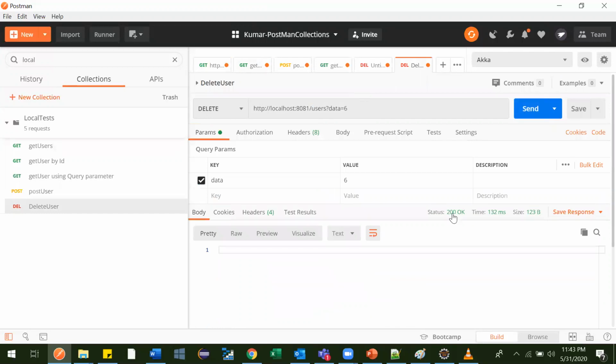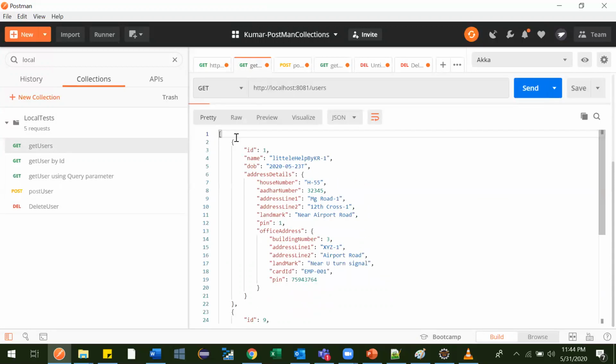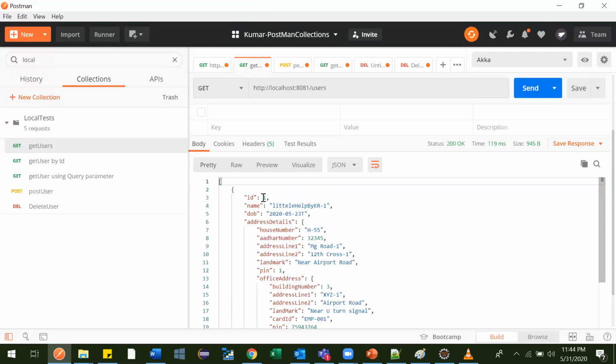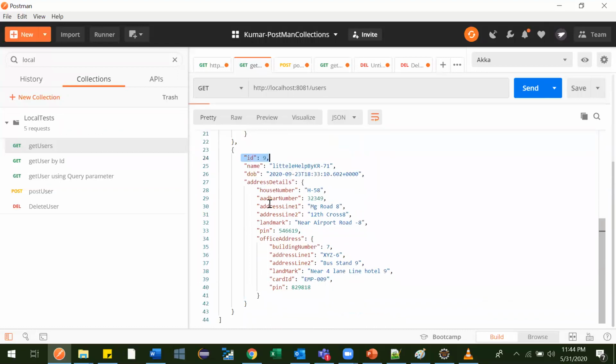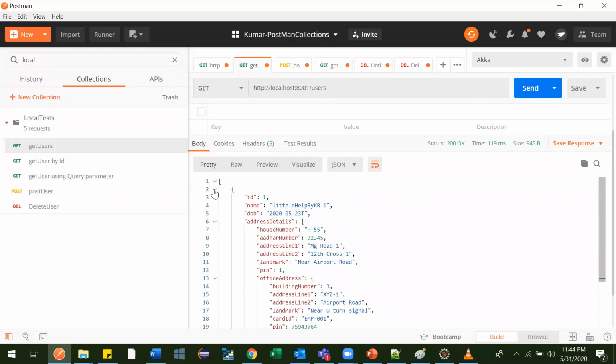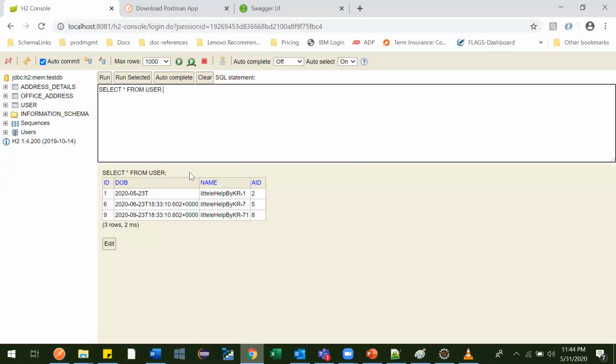So this is 200, which means our request is successful. Now we'll hit the get again. Earlier we had three users, with ID 1, 6 and 9. Now only ID 1 and 9 are there, and only two responses came. So one got deleted.